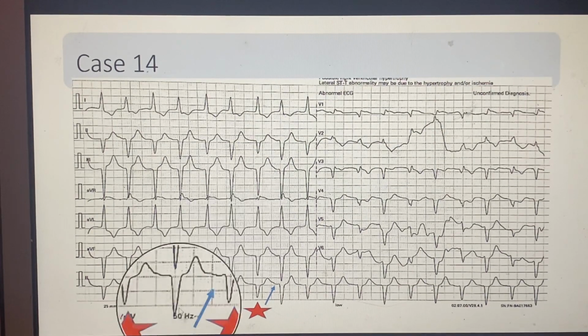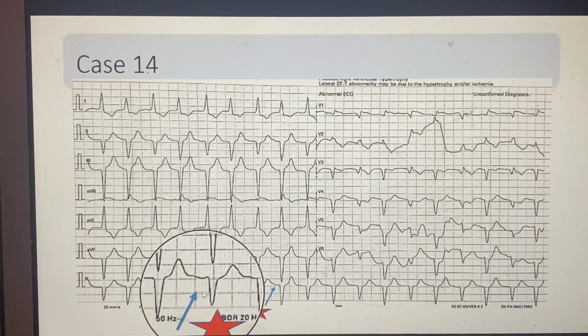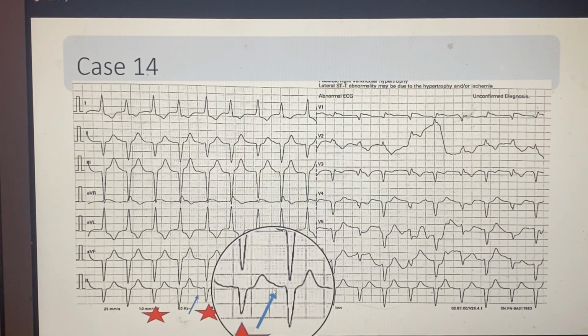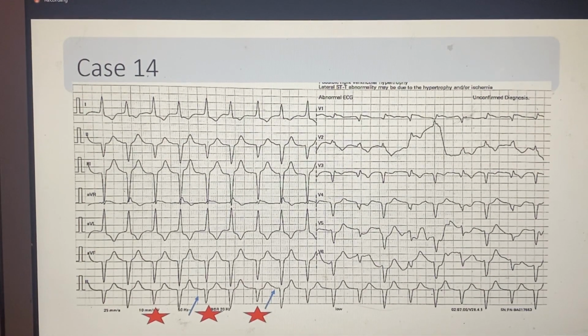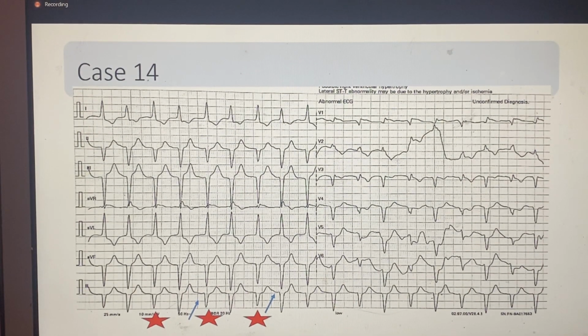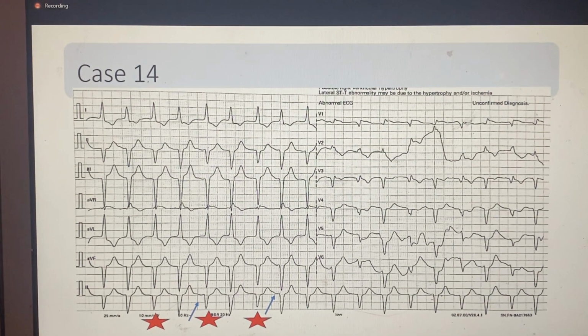The things highlighted in blue, I think, are P waves, because especially in this part you can see the P wave, and there is not much atrial activity otherwise. So that's one criterion pointing more toward VT rather than SVT or a ventricular rhythm. Another thing is pointing toward VT rather than